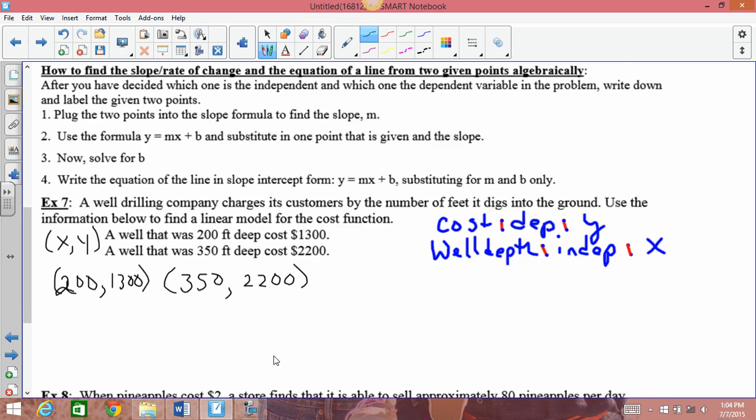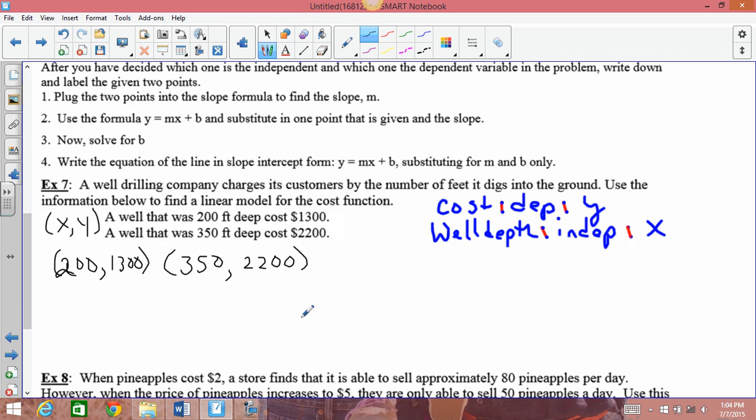All right, step 1 then says, okay, so we found our independent, dependent. First thing you want to find is the slope. So find the slope, your formula, y2 minus y1 over x2 minus x1. So if you look at here, you've got 2,200 minus 1,300